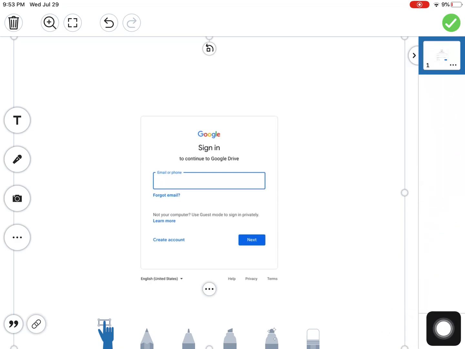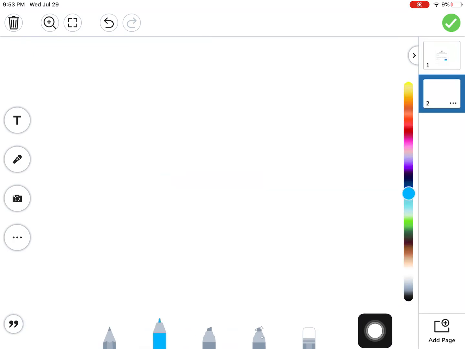So what I did to sort of bypass this is I add a page over here, and I'm actually going to move that page by clicking and pulling it up to make it first. Because whatever's on page 1 is what your students are going to see when they go to do the activity first. And if they see that sign in, they're not going to recognize that,